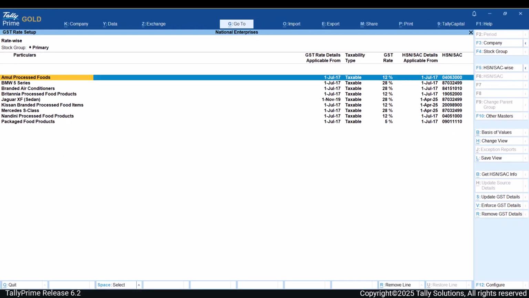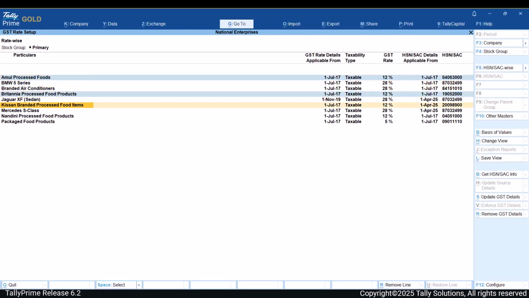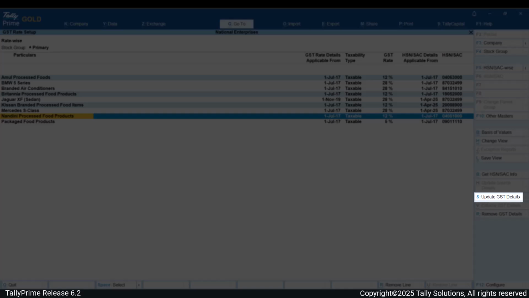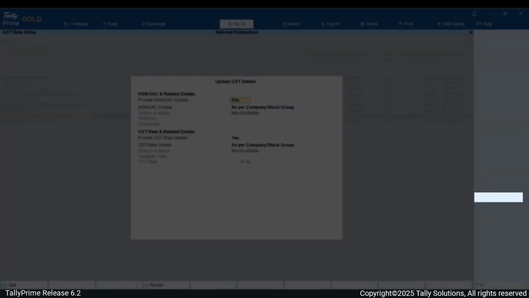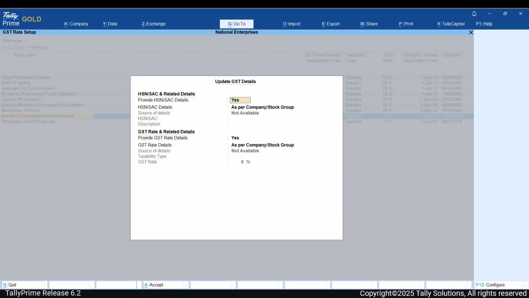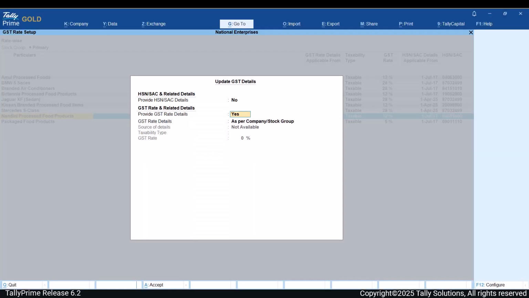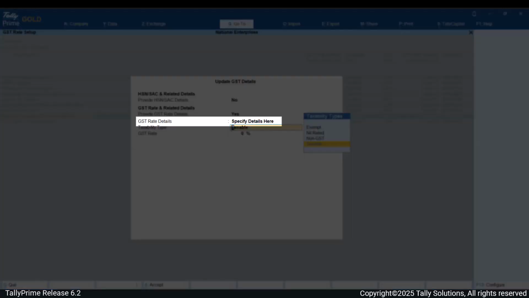Select the stock groups which are now going to be in the same tax rate category using the space bar. Press Alt+S or click Update GST details. Set the option Provide HSN SAC details to No. Select Specify details here in the GST rate details field.